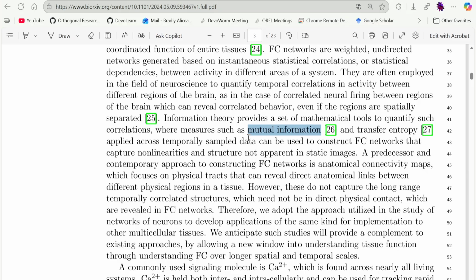I'm not really familiar with how they're applying transfer entropy, but it's going to be a similar thing where you're looking at two nodes, in this case voxels, and you can tease out this relationship and make it a bit more solid. So we're looking across temporally sampled data and constructing these functional connectivity networks that capture nonlinearities in structure, not apparent in static images. So they want to capture